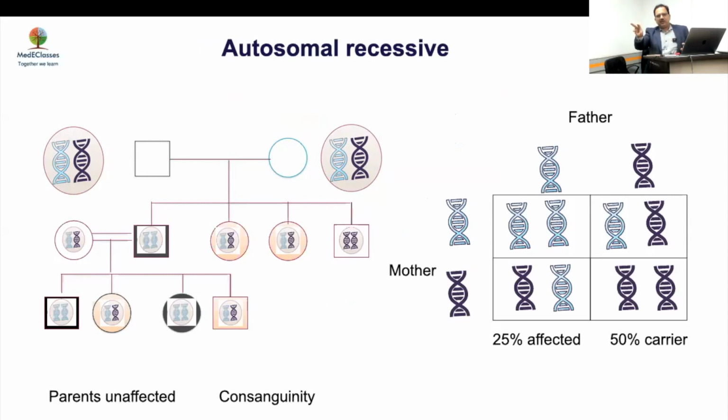if both parents are affected and you have a child, what will happen to him? Pratik? If this is an autosomal recessive disease and parents are also affected, what will happen to the child? Less affected, more affected? More. Very, very more affected. So suppose you have a father and mother in whom the calcium sensing receptor is acting at 50%. They will present to you as hypercalcemia with hypocalciuria. When both genes meet together, they present with neonatal severe hyperparathyroidism.